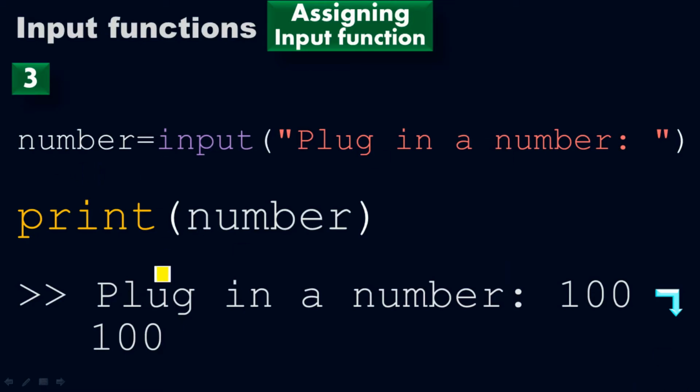So when you run the program, in the output, first you will get "Plug in a number" with a space, because remember, we put a space here. If you have a space here, you will get a space in the final output. If you don't have a space after the colon, you won't get a space. There won't be a space between 100 and the colon. So since we have a space, therefore we got a space here,